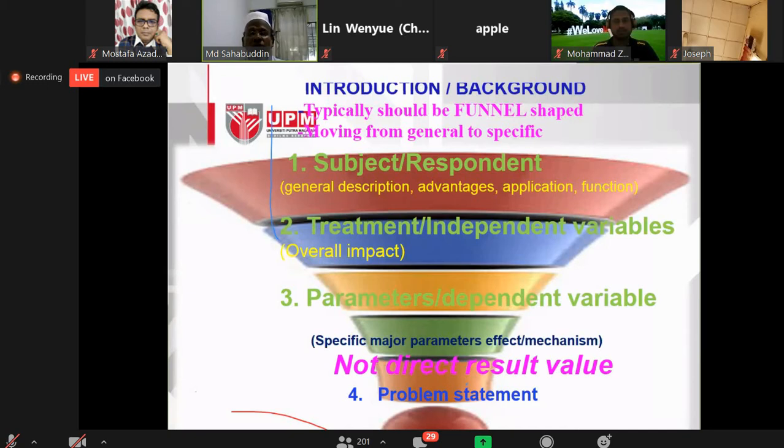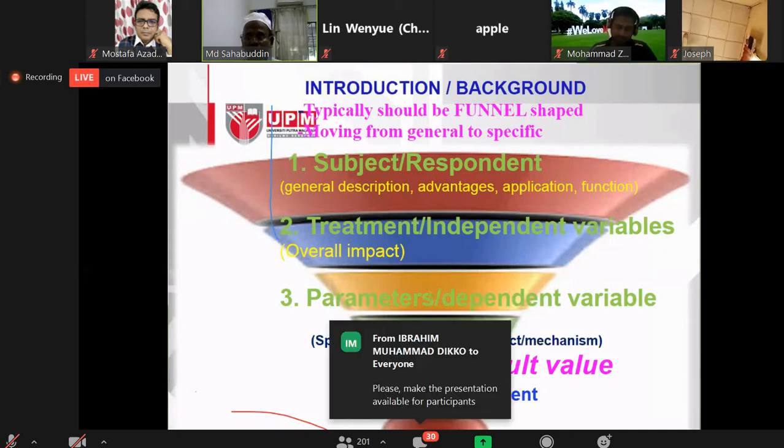Now, if you want to write the full introduction, the shape of the introduction will be the funnel shape. Funnel shape means it will move from general to specific. In the funnel, in the upper part we have to cover the background, in the middle part the problem statement, and in the last part we have to mention the objective. This is the style for introduction writing. In the introduction we need the background, 3-4 pages, then another 1 or 2 pages about the problem statement. So this is the idea for the whole introduction.